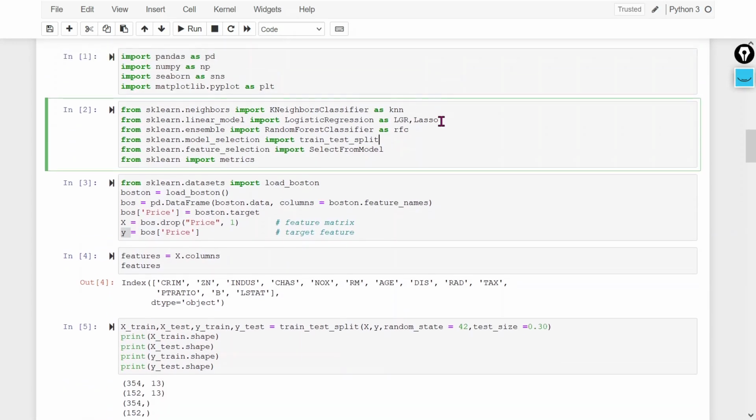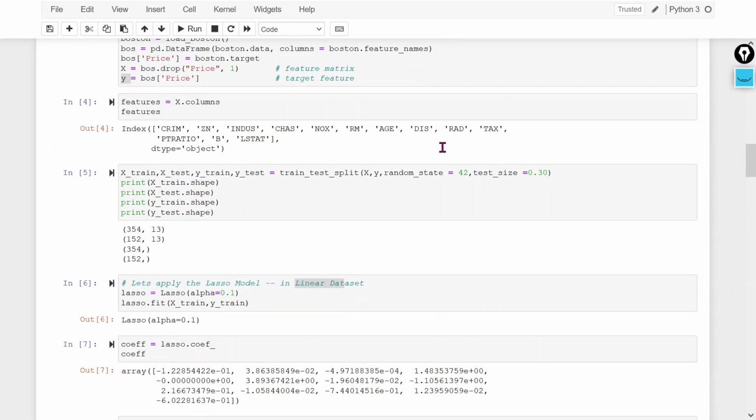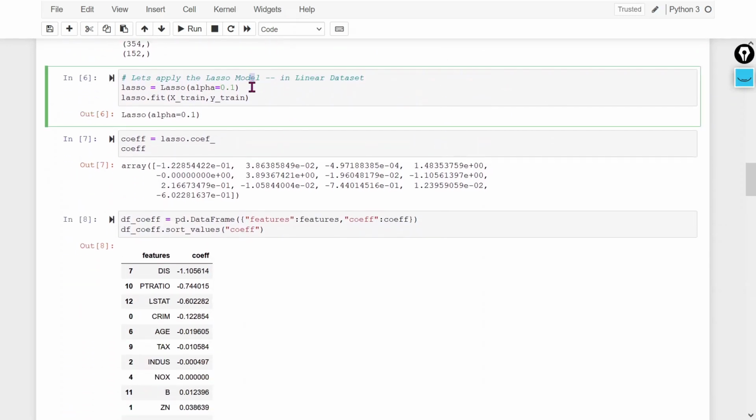So that's why I had imported this logistic regression and lasso. If you see here, I am using the lambda equal to 0.1 alpha, this is your lambda value, and now I am creating the object. Now I am training our model with the help of the fit method.